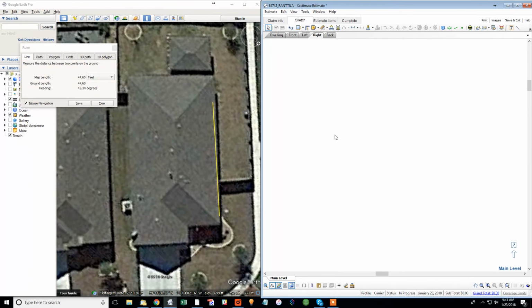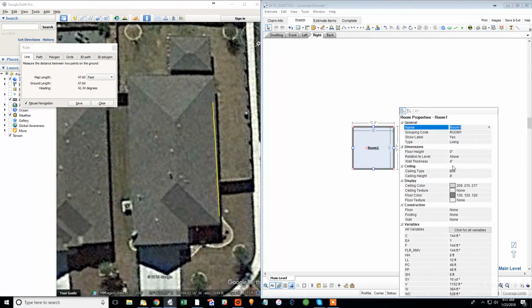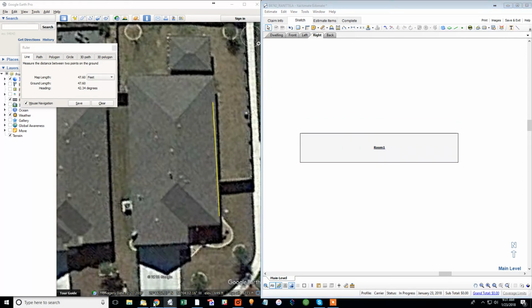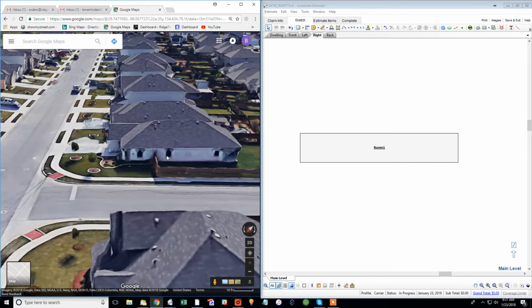So we hit R for wall again. Wall thickness 0, ceiling height 0. And we're going to make it 47.5 feet long by 8.5 because we've already set the ceiling height. Now we come in here and we see, okay, there's just 3 windows again. So we just come here, copy,